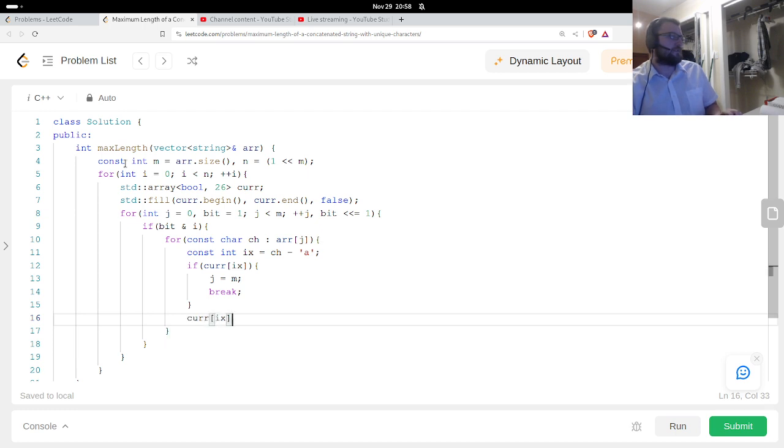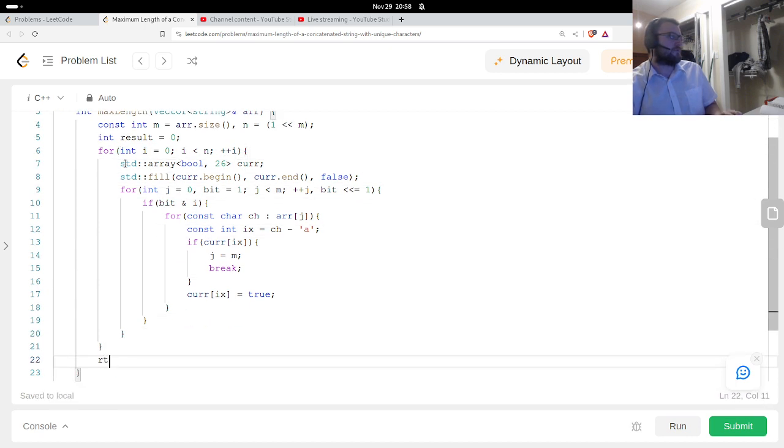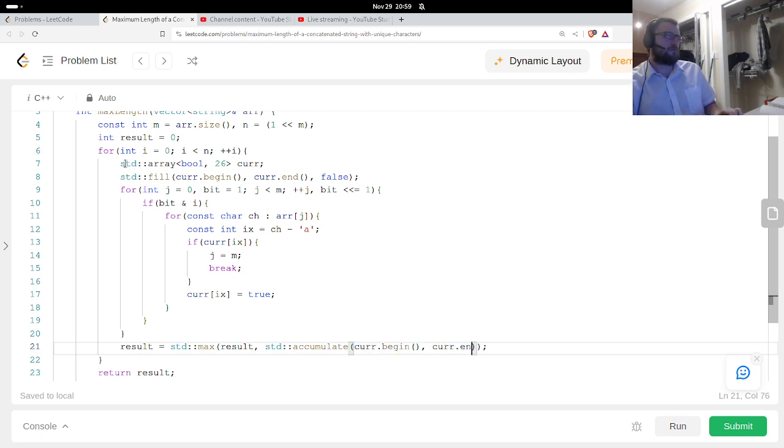Otherwise, set current of index equal to true. Something like the following. Yeah, something like this.